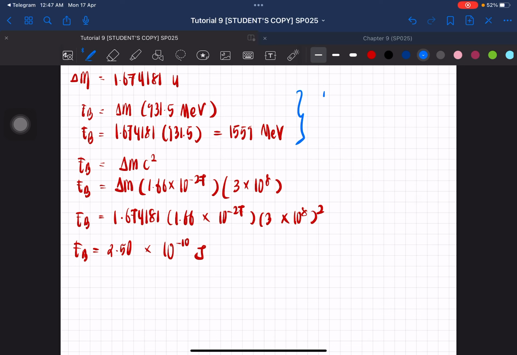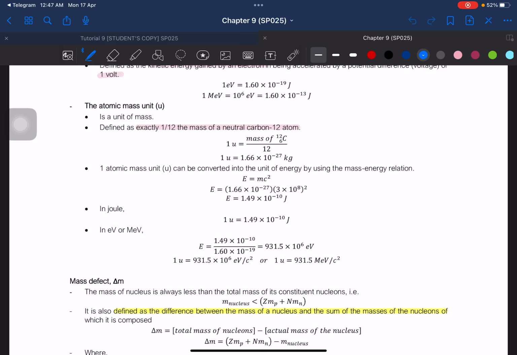You can actually do it this way. So from mega electron volt, kita boleh terus convert pergi joule. How do we do that? Is we are gonna use